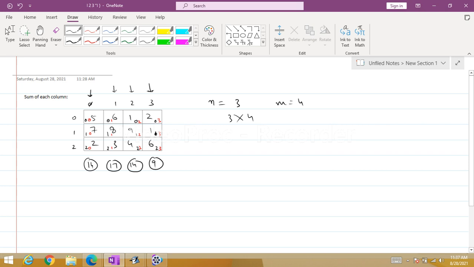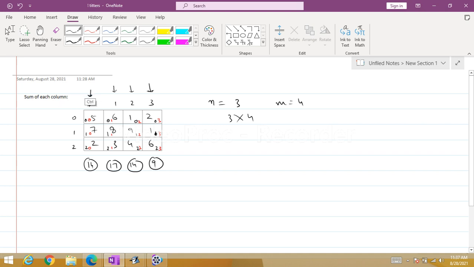Now when you are finding the sum of each column, the sum of the first column is 14. When you move to the second column, will it add the value to the previous sum, or will you start a fresh sum? We will start a fresh sum. And when we start the fresh sum, the variable of the sum should be made 0 again.